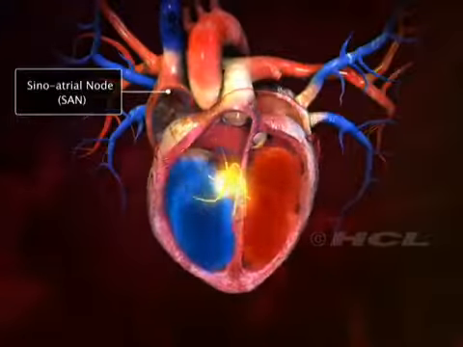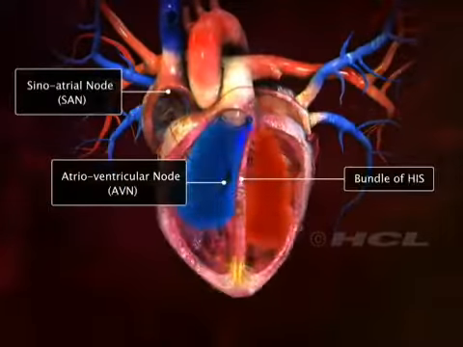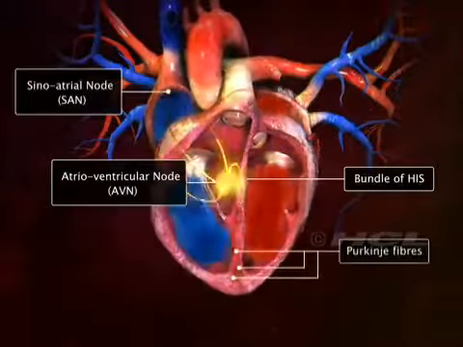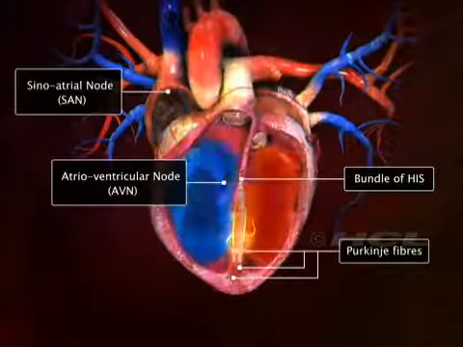Therefore, the wall of the left ventricle is thicker than that of the right ventricle. The sinoatrial node, atrioventricular node, bundle of HIS and Purkinje fibers represent the specialized cardiac tissue. These fibers